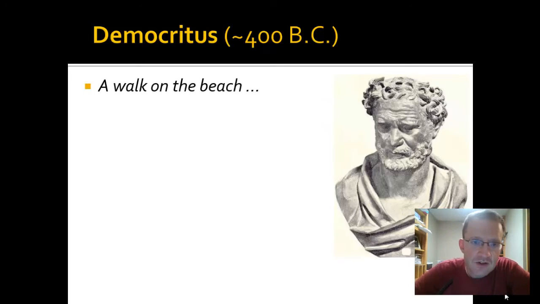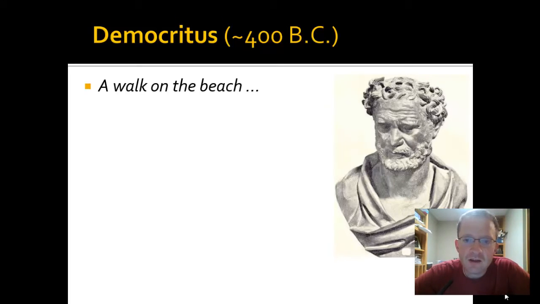He's certainly not the first to contribute anything to the atomic theory, but he gives us our first sort of important contribution, and so he's the first name that I'll put down in your notes with you. His story kind of starts out with what I imagine would have been a walk on the beach. Democritus walking along the beach one day sees the sand that stretches out into the horizon in front of him as a continuous ribbon of sand, and he picks up a handful of sand and lets it fall through his